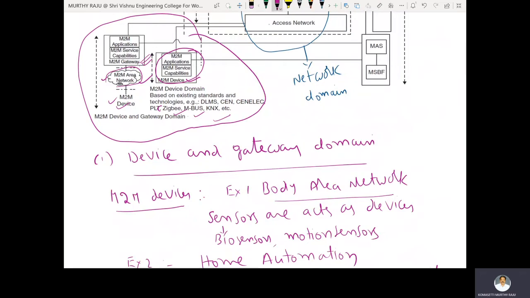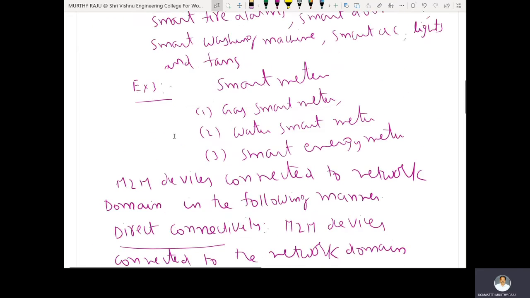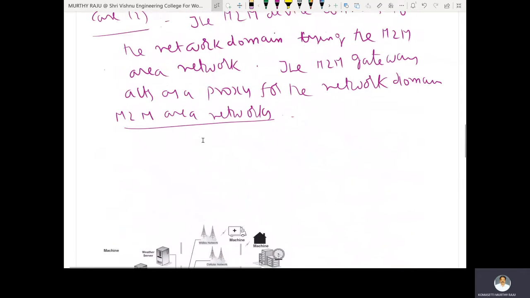The M2M area network provides connectivity between the M2M gateway and the M2M devices. Examples of M2M area networks are